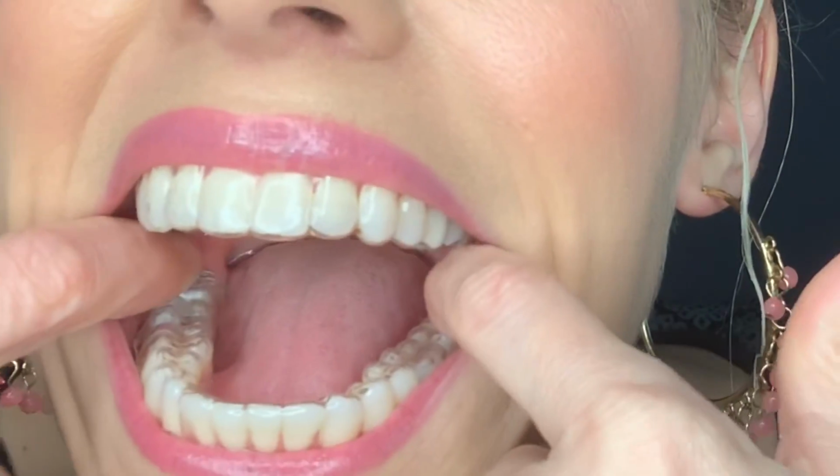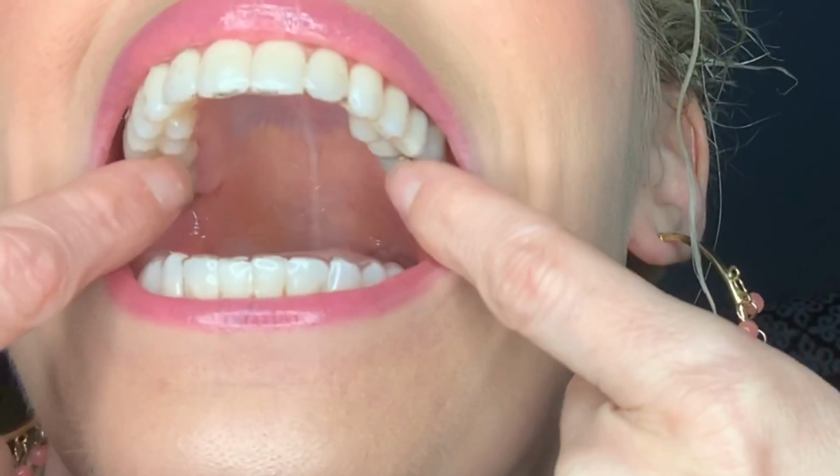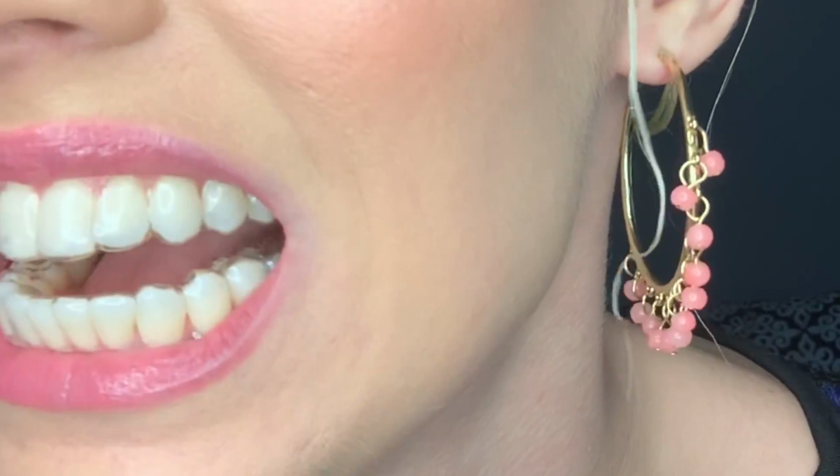Perfect. So here are the retainers. Like I said, they're new. So talking with these in versus my other ones is a little tough because they're not broken in yet. Perfect. So seeing me do my impressions, you guys, those 4 times that I had to do it and go